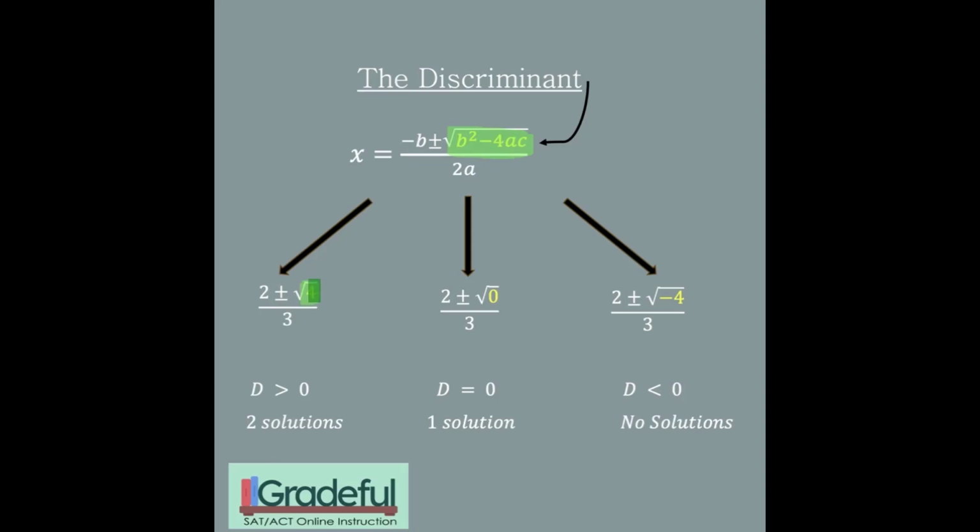For instance, if I had a positive number here, my next step would be to do 2 plus 2 over 3, 2 minus 2 over 3, and I'd get 2 answers. If I had a 0 under the radical, I'd have 2 plus nothing over 3 and 2 minus nothing over 3. The answer would just be 2/3. There would be only one answer. And in this situation, if the discriminant, the part under the radical, is negative, well, you can't continue from here because you're not allowed to have a negative under a radical. So if you have a positive discriminant, you have 2 solutions, a 0 discriminant, 1 solution, and a negative discriminant,